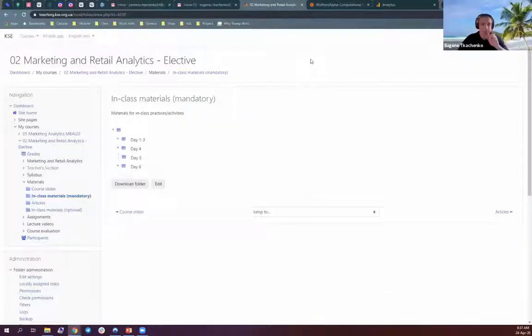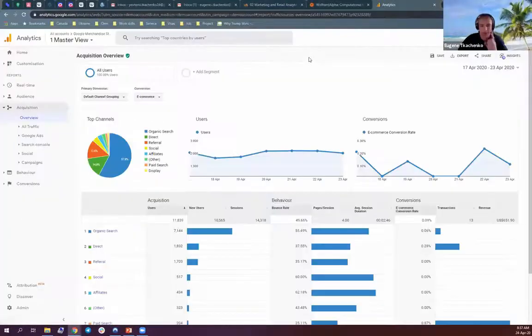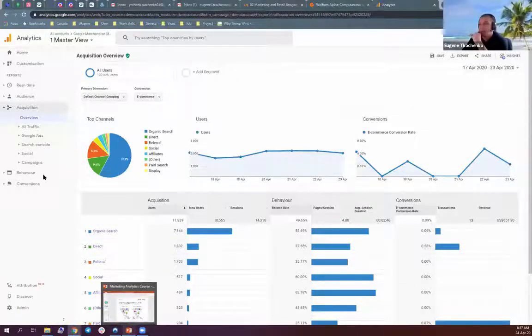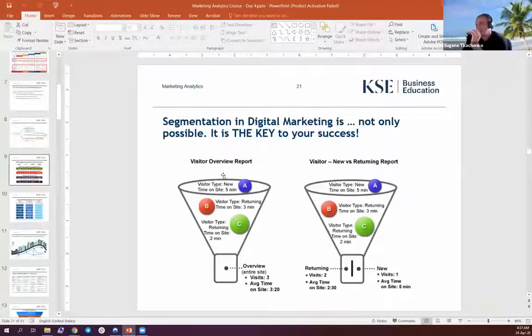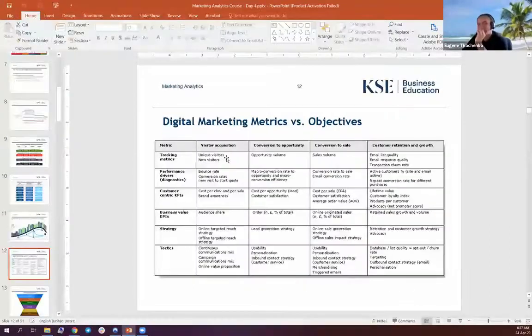Kenneth, I do remember your question, and bear with me, it's going to be on the next slide, promise. The coolest thing about user segmentation in platforms like Google Analytics or Adobe Analytics is that you can create segments by yourself. Coming back to the slide on page 12, based on the stage, you need to understand that, for example, unique visitors, new visitors and repeat visitors are your goal. You're interested in those. Not a problem. Here we go.